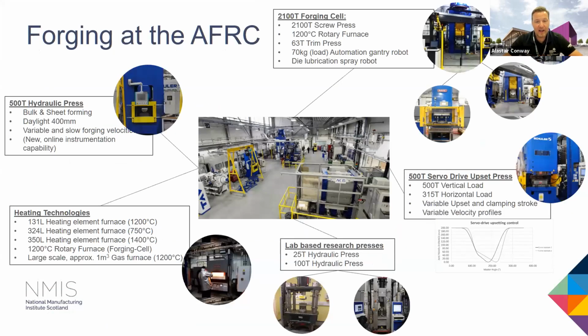In terms of the kit that we have for forging, again, we've got a significant amount of production scale equipment. Starting at the top right-hand side, we've got our 2,100 ton forging cell, which includes a 2,100 ton screw press, a 1,200 degree rotary furnace, a clipping press, and also some automation equipment, which has got a pick and place gantry mounted robot, which allows us to do up to 70 kilogram payloads, and also a die lubrication spray robot, which allows us to vary the patterns for dagging of the dies and understand the effect that that may have